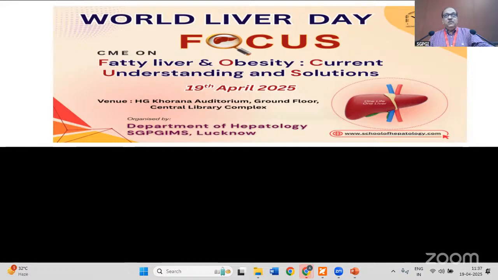At that time, if you ask what are the important causes of chronic liver disease, which goes on to chronicity and ultimately develops into cirrhosis or end stage liver disease and its complications, then it was viral hepatitis that topped the list. Among that, it used to be hepatitis B and C, but later on C predominantly. Alcoholic liver disease also.